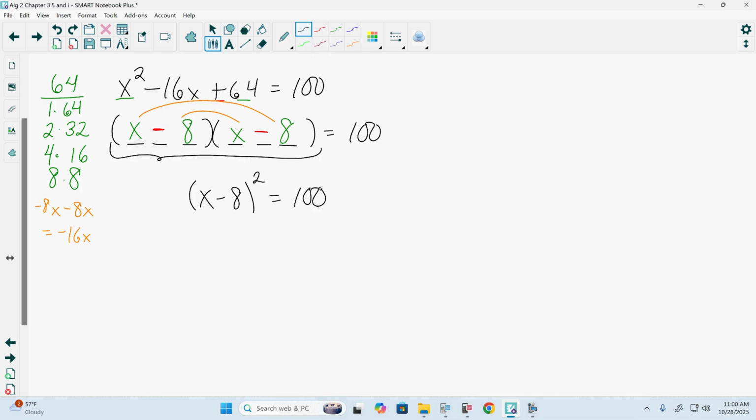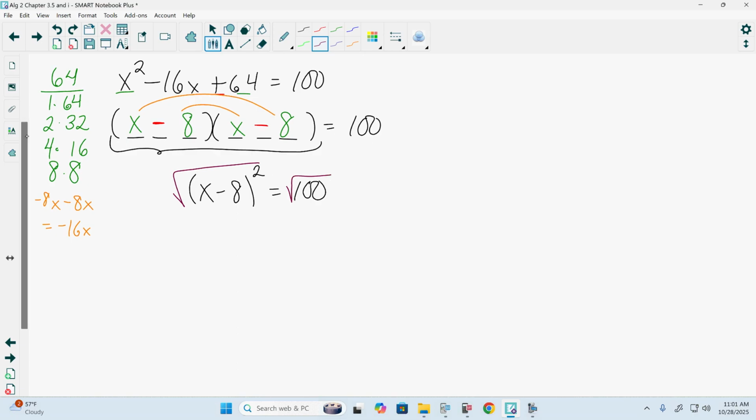x squared minus 16x plus 64 is a special type of quadratic. We call it a perfect square trinomial. It is a perfect square trinomial because its factors can be written as a single set of parentheses being squared. That's nice, because if I have these perfect square trinomials, we can rewrite them as a single set of parentheses being squared. Now we can use the square root method, because the only place the variable shows up is inside this set of parentheses being squared, which means I just have to get it by itself. Then we can